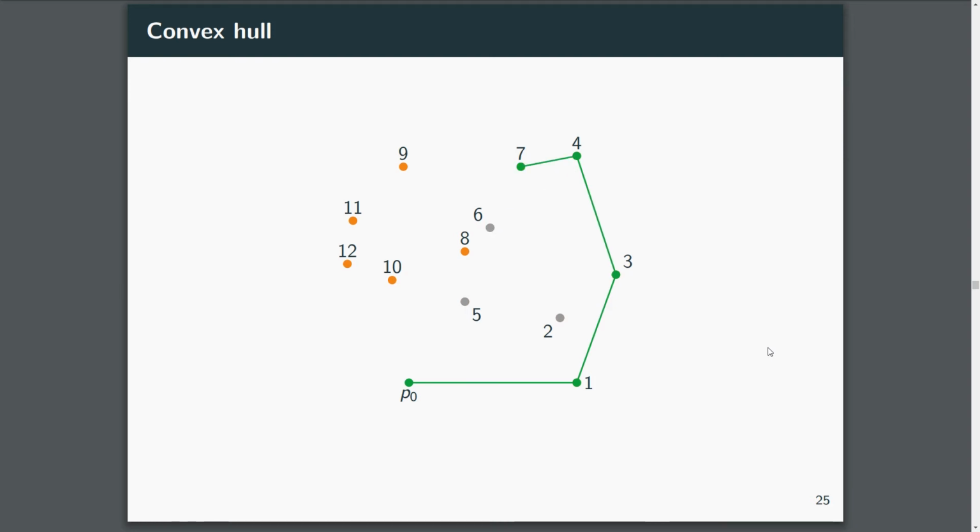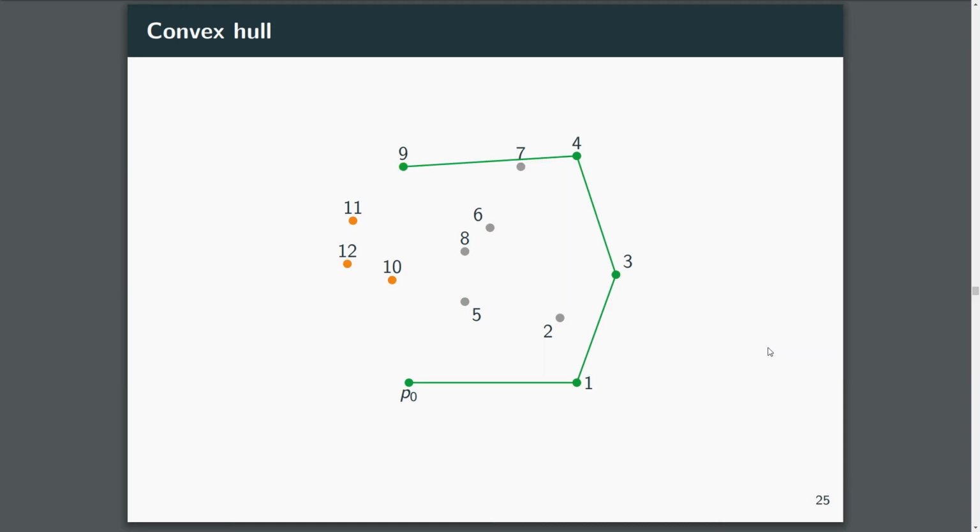Again, 4, 7, 9 is clockwise. No, sorry, 4, 7, 8 is counterclockwise. I forgot the 8. So we add the 8. And then next we check, okay, 7, 8, 9,